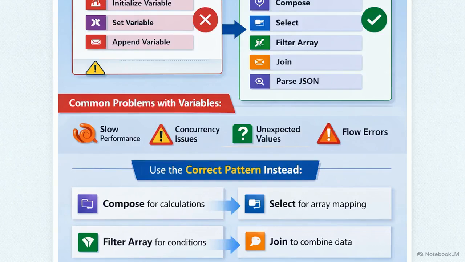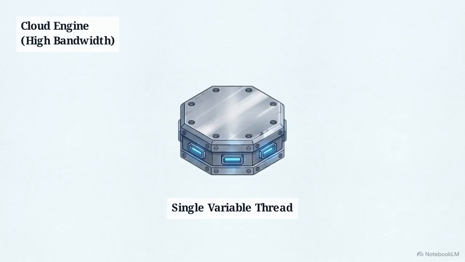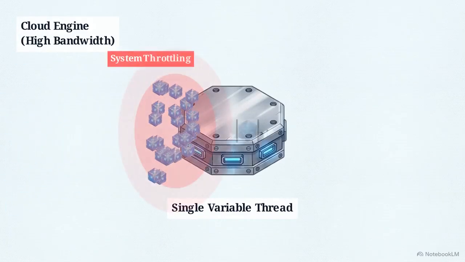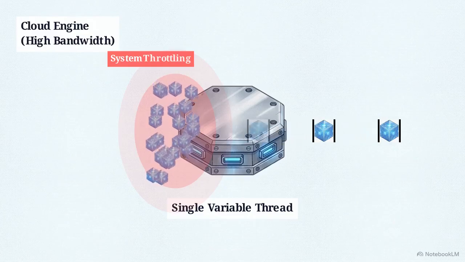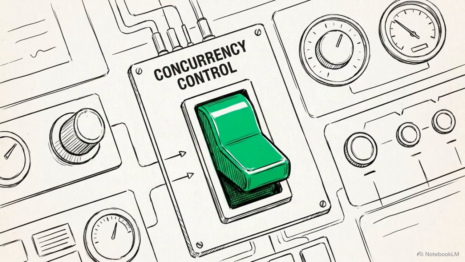This is why variable-heavy flows often trigger slow performance warnings as the data volume increases. Managing state through a global variable limits a cloud-scale engine to the speed of a single-threaded process. To speed things up, developers turn on concurrency control to force the loop to process in parallel. This specific command instantly spawns up to 50 parallel execution threads, with all of them racing forward to run at